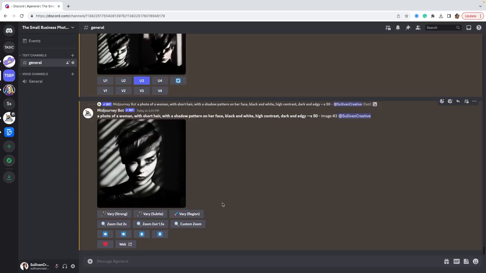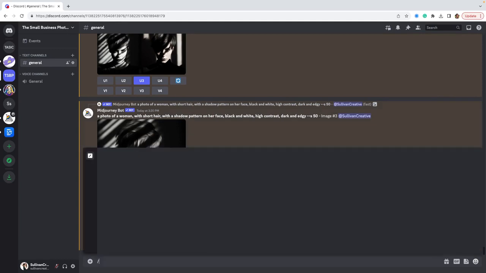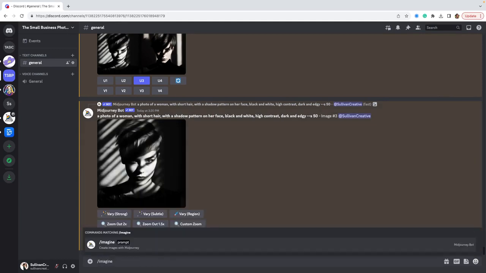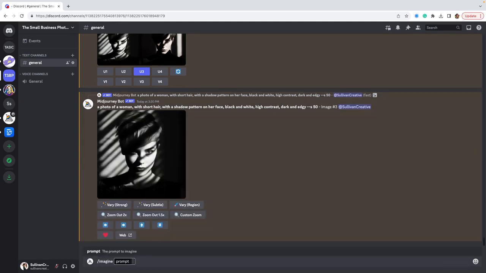All right, so let's do an actual example where we're having Midjourney create an image for us. I'm in Discord right now, which is a community platform that is used to communicate with Midjourney AI and basically where we create our images. So I type in /imagine, that just gets the prompt started. Then I add in the text prompt that I would like to use. So for this example, let's go with photo of a